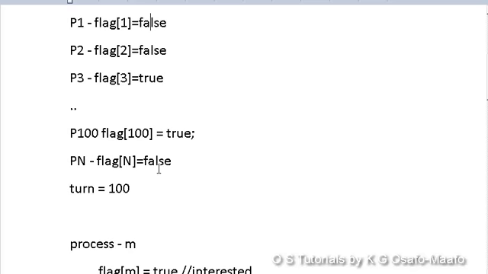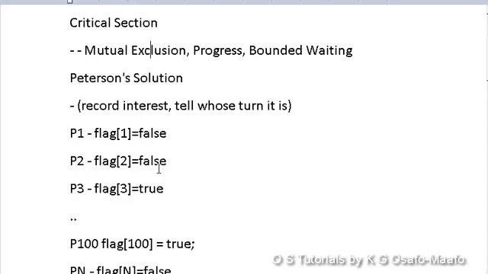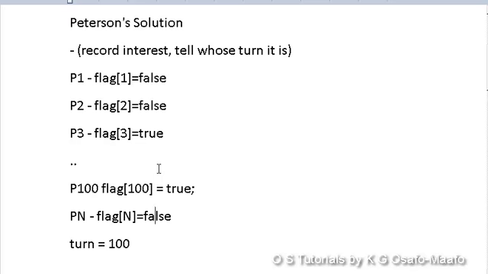So if turn is set, so that's 1, right? So there's mutual exclusion because everyone is checking to see, is it my turn, and who else has the hand up? There is progress because in any scenario, someone gets to enter the critical section. It's not going to be that there's nobody in the critical section. And bounded waiting, there's actually going to be bounded waiting because if there are, let's say n is equal to 1,000,